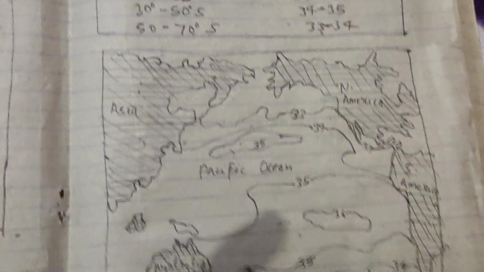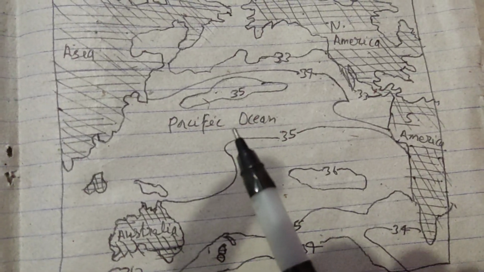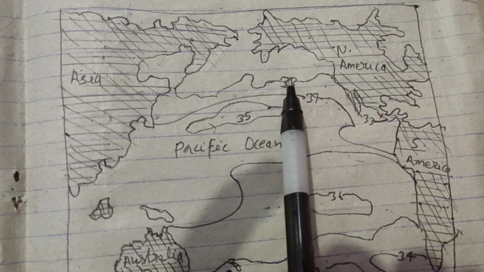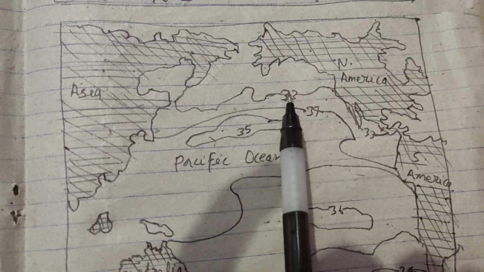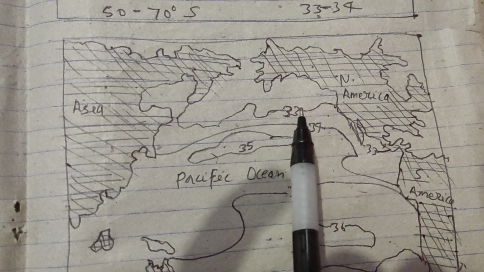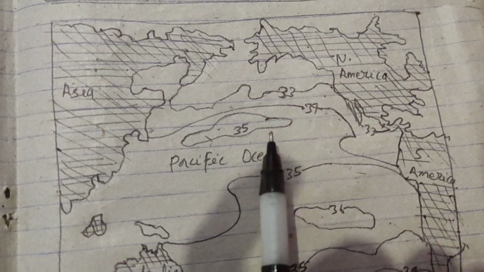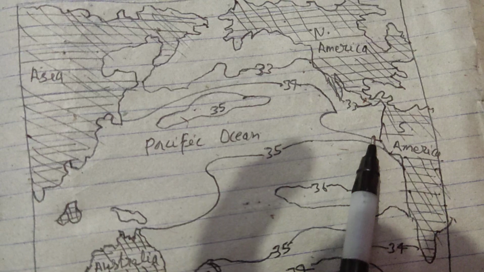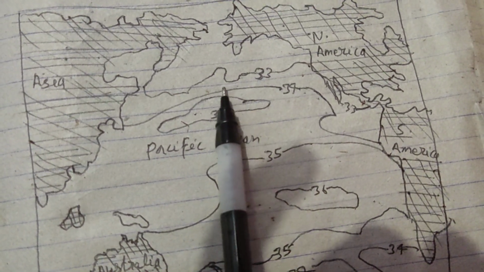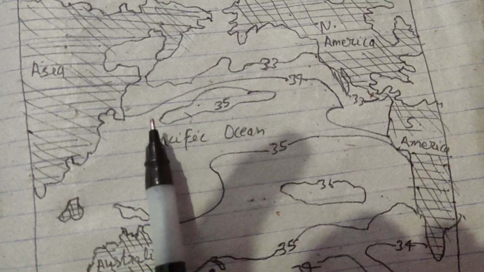You can see here Asia, North America, South America, and this is the Pacific Ocean. You can see this is the 33 gram line of salinity in the North Pacific Ocean, then the 34 salinity line, you can see here, moves in a zigzag way, and this is the 35,